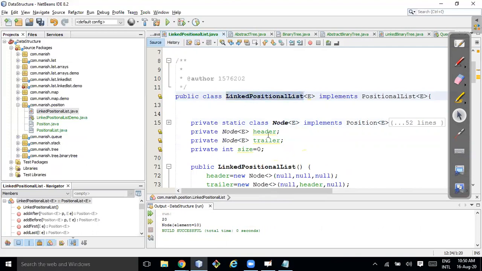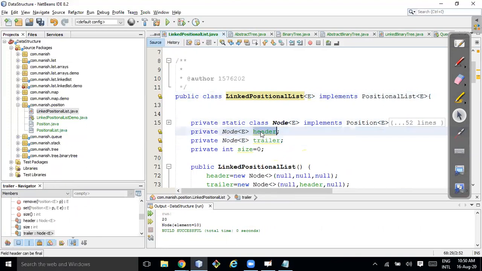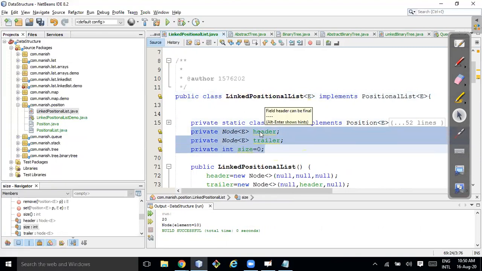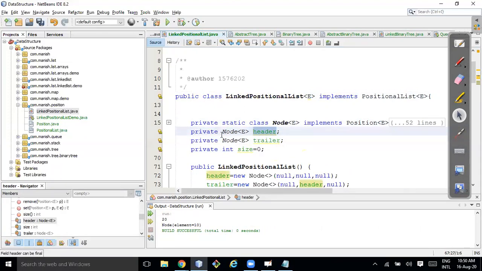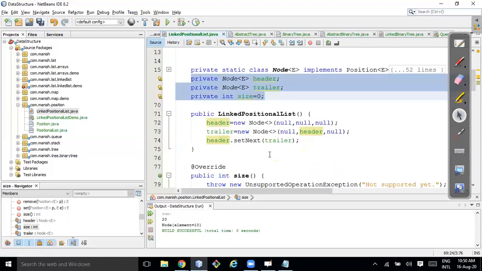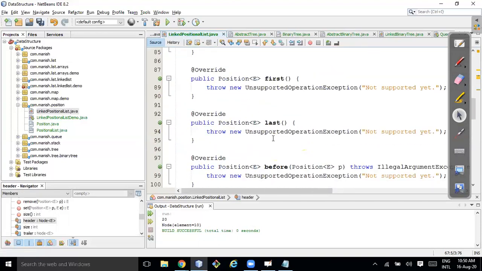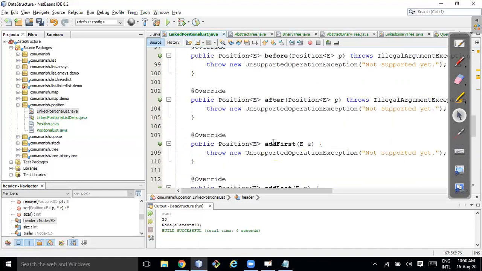public? Or you need some handle, right? So I have a header handle, trailer handle, and size, but I'm keeping all of these private, so you cannot directly come and change anything. I'll give access to these three using public methods. Size is one method. Get header and get trailer methods will also be there, which we can write later.